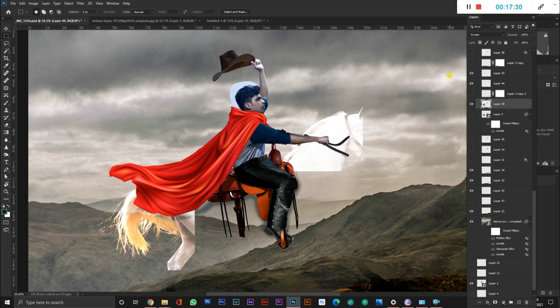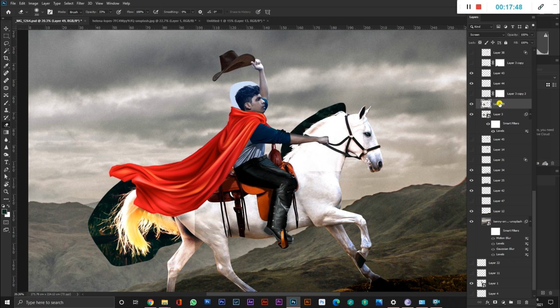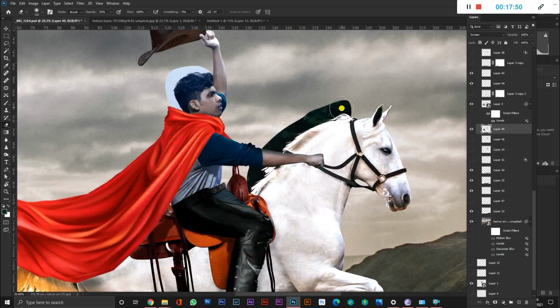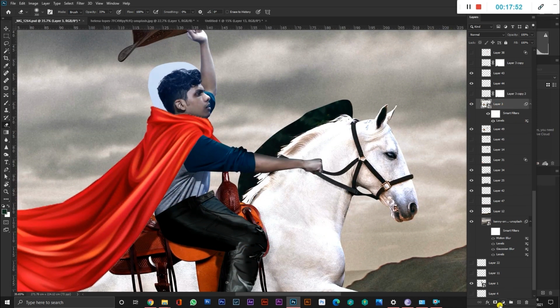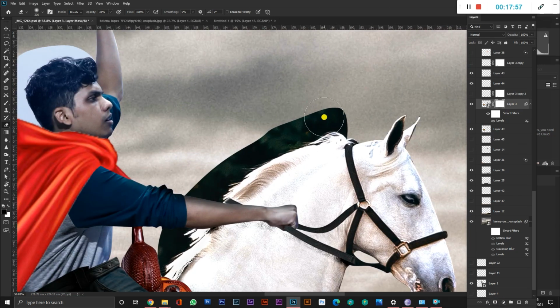And then for masking the hair and the tail, you got to use the rectangle tool, and then you got to use screen and take the layer down, and then you got to erase the black portion. You will get the correct portion of the hair and the tail. Same thing you got to do with the boy's face, the hair part, but in that you got to use multiply.